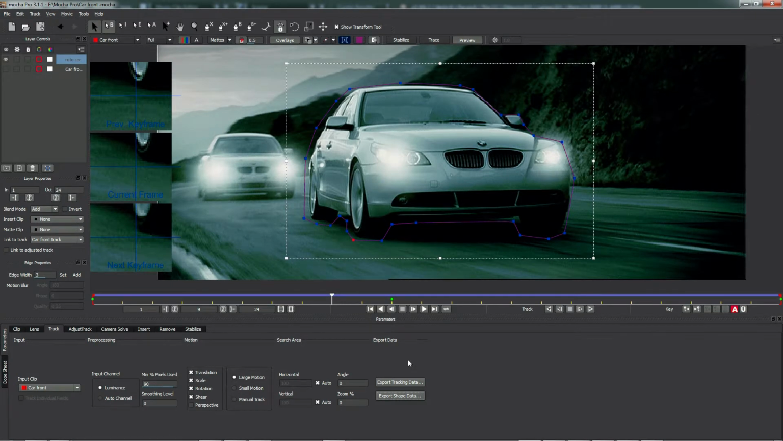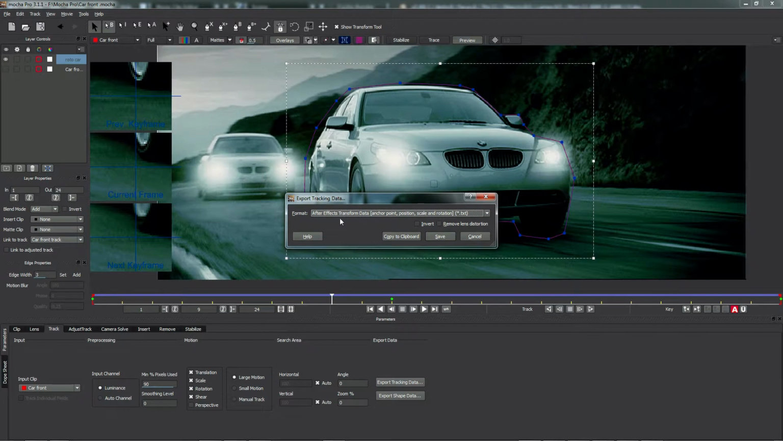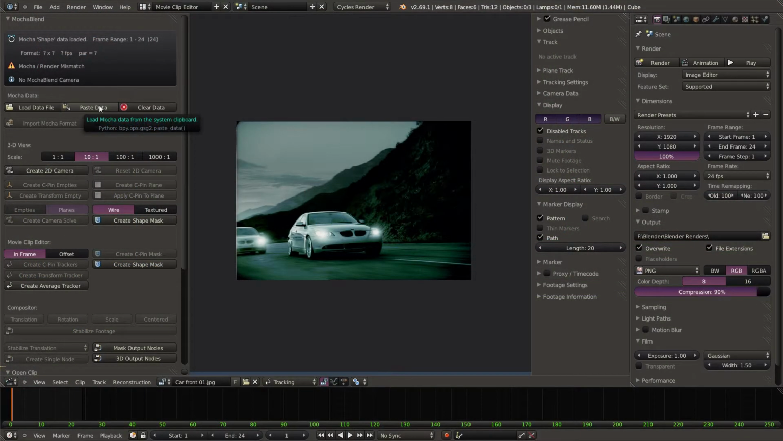So here we are in Mocha. Let's go ahead and export some tracking data first. After Effects transform data, that's the one we want. Copy to clipboard. Let's paste that data in first. All right, now here we have our format, 720 by 486. Now if we paste our